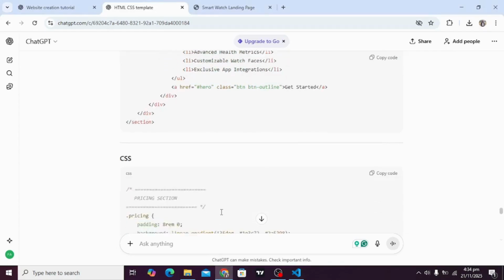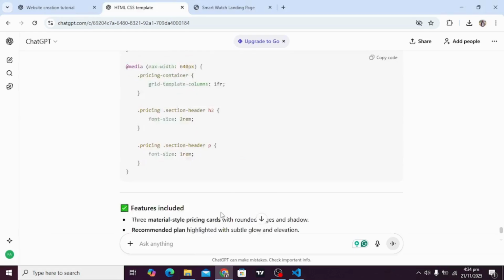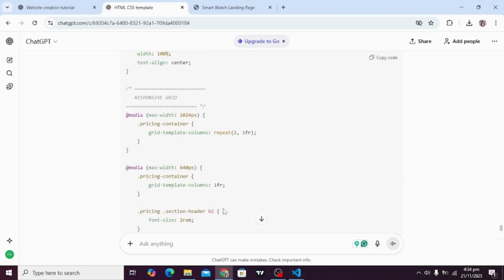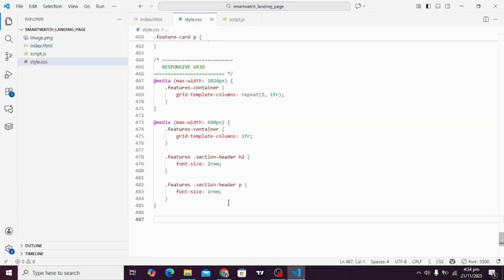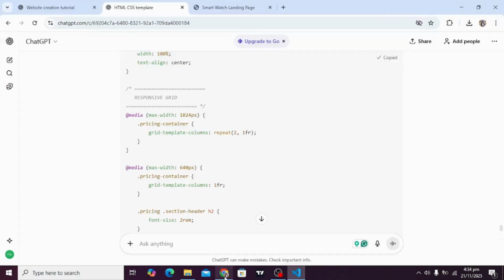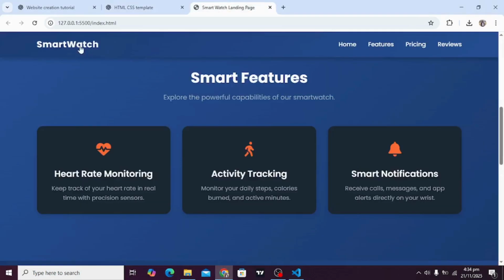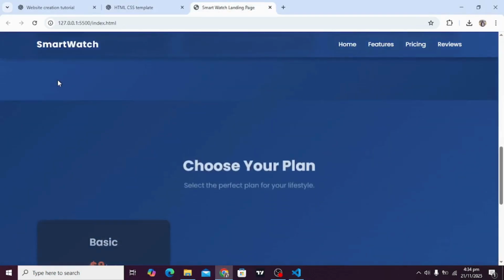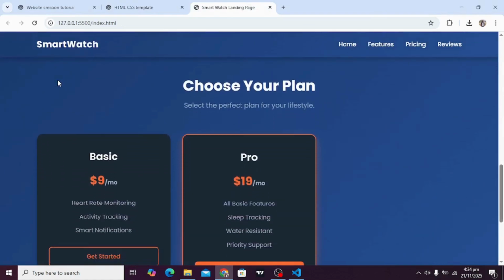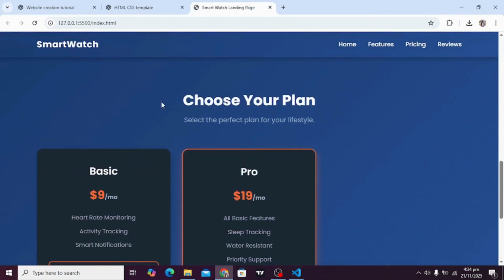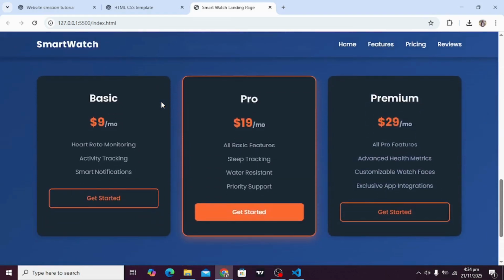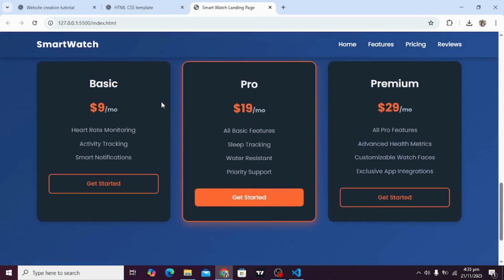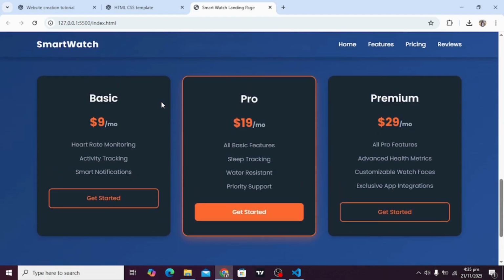So now let's go and see. Yes, it is done writing. So we will copy the CSS part into styles.css. We will go here, Control V, and let's see how it looks now. Here you can see, that is the reason I'm using Live Server. You don't need to refresh everything every time. Whenever something changes in the file, it automatically refreshes.